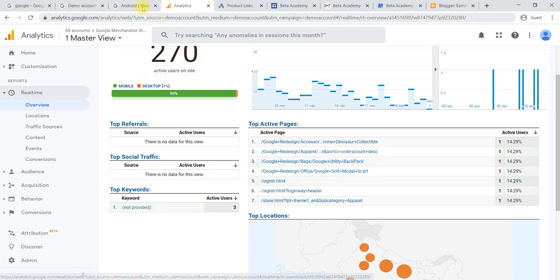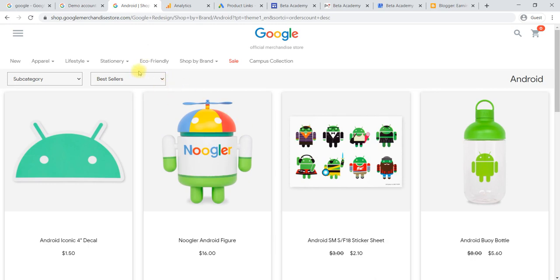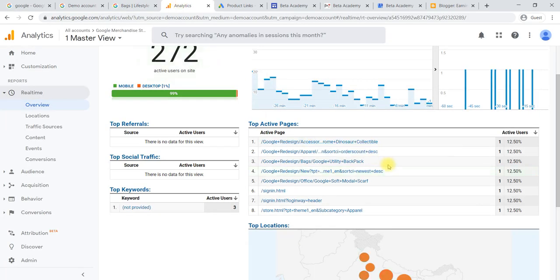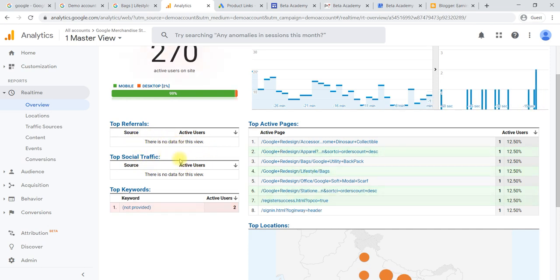For example, here if someone came and is changing to lifestyle bags, that particular data will be updated, in the sense which particular page is actively used by many of them. And the referrals also, you will come to know that if any links have been selected by using referrals, the data will be shown here.